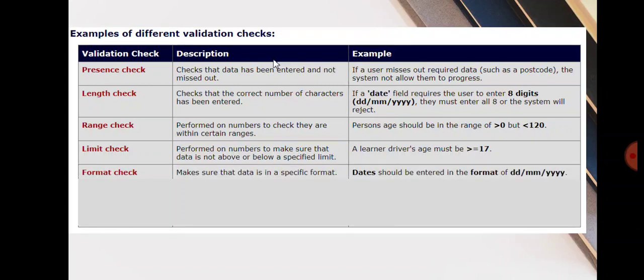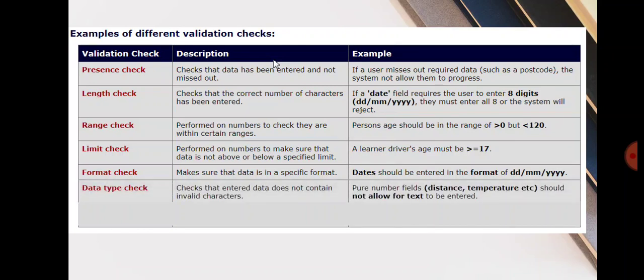Next is format check. Make sure that data is in a specific format. Suppose you will accept a date in the format DDMMYYYY, that is date, then month, then year in 4 digits. So some types of data will always consist of the same pattern. For example, a car registration number in India starts with 2 characters, then a number. A national insurance number in foreign countries is also in a specific format, that is 2 characters, 4 numbers, etc. So any format entered differently to this will be rejected. That is known as a format check.